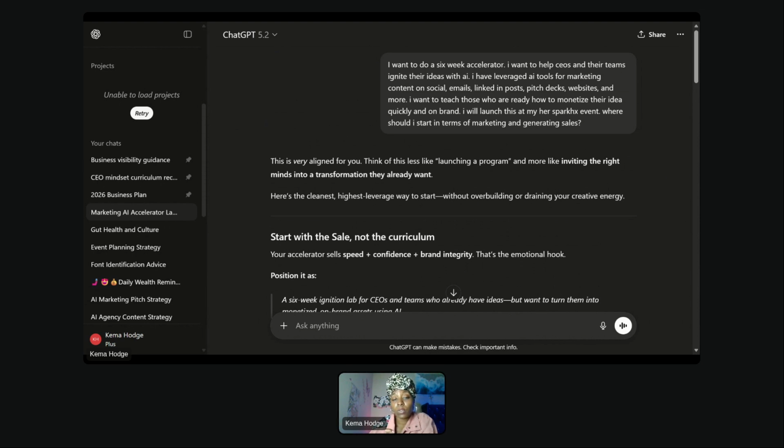Now, my prompt was full of context, but I did not give the GPT a role, and then I did not feed it any information. I didn't give it a website. I didn't upload a PDF. I didn't give it information. Like maybe I could have done a little bit of research on other accelerators that have done well, because the more context, the better your response.